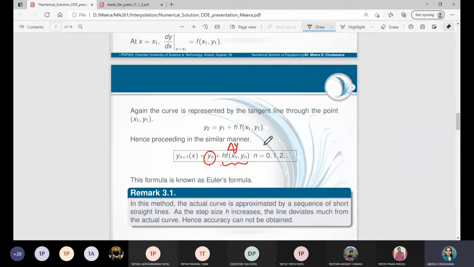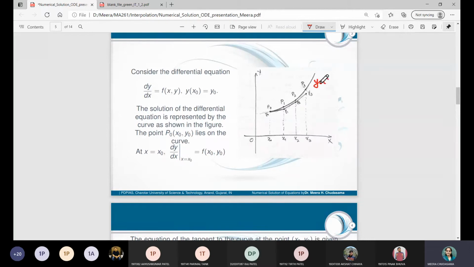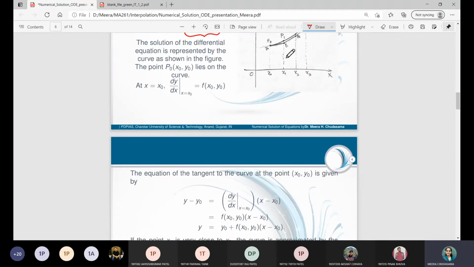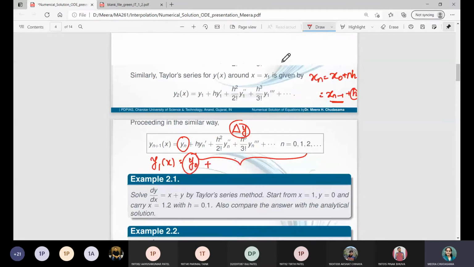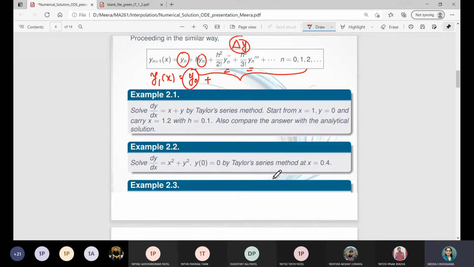That is what we have seen in Euler's method, for which the curve, the solution y of x that we have assumed for this initial value problem dy by dx is equal to f of xy together with the initial condition, is approximated by a sequence of tangents to the curve. That is the drawback of this method, that it will not give you the exact answer. But compared to Taylor's method, here we don't need to compute the derivatives. That is the benefit we have.